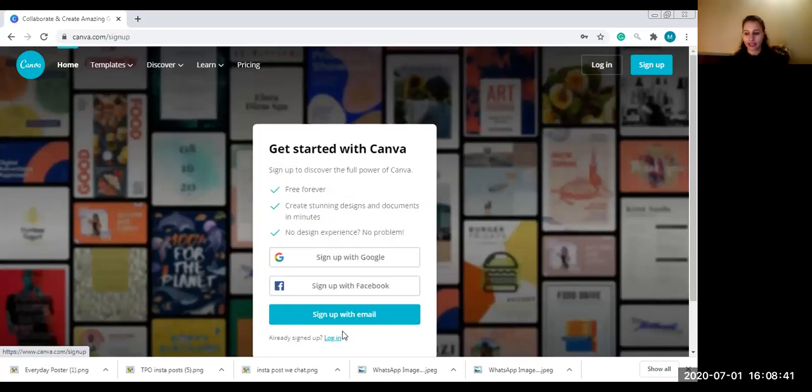Now, when I click on sign up, what happens is, just a moment, I hope you all can see my screen right now. Okay, so as you can see, you have the options and it tells you it's free forever, create stunning designs and documents in minutes, no design experience, no problem, which is why we chose to bring in, when we had to teach you presentations and other graphics, we did not want to bring in a Corel or Adobe Photoshop to